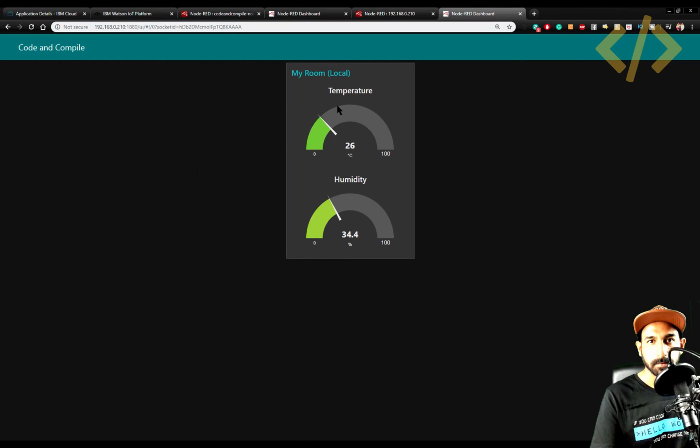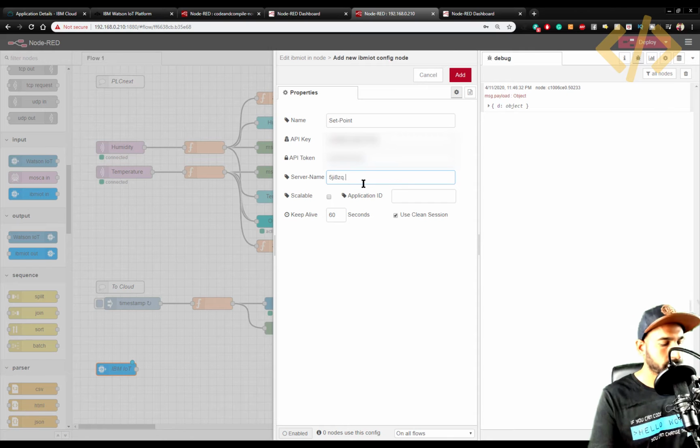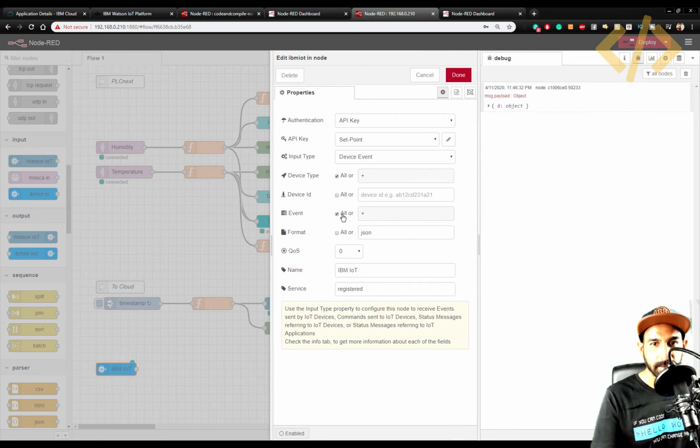Copy. And click add. In this case, you have all the devices. If you want to read all the devices, let it be this one. Or if you have a specific device, then you can put the device type. In my case, the device type is PLC Next. There's only one device type, so that should be okay.